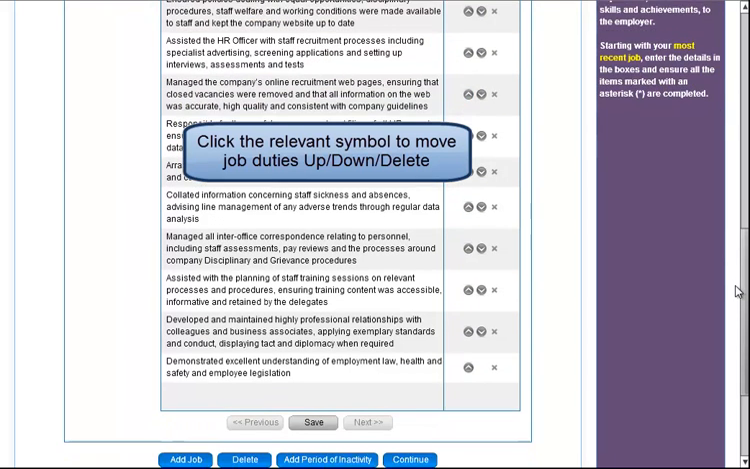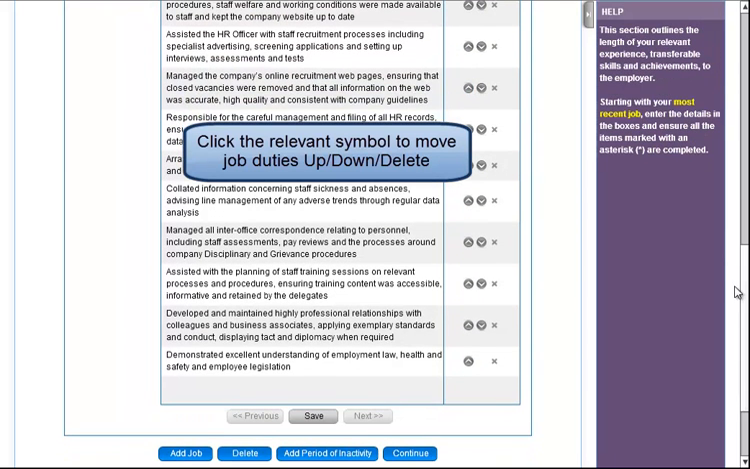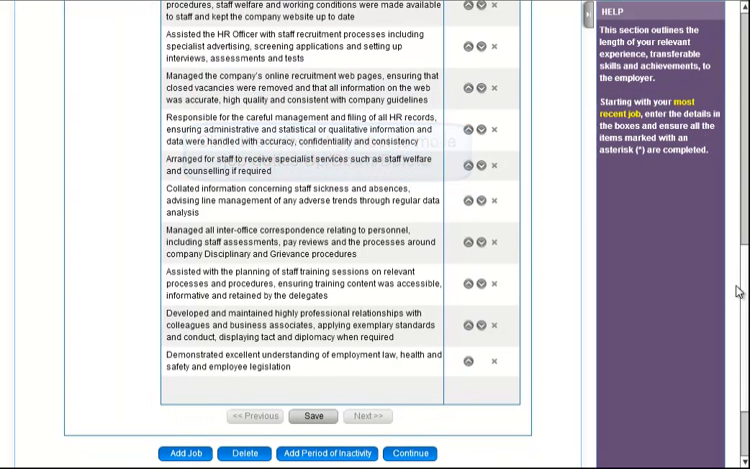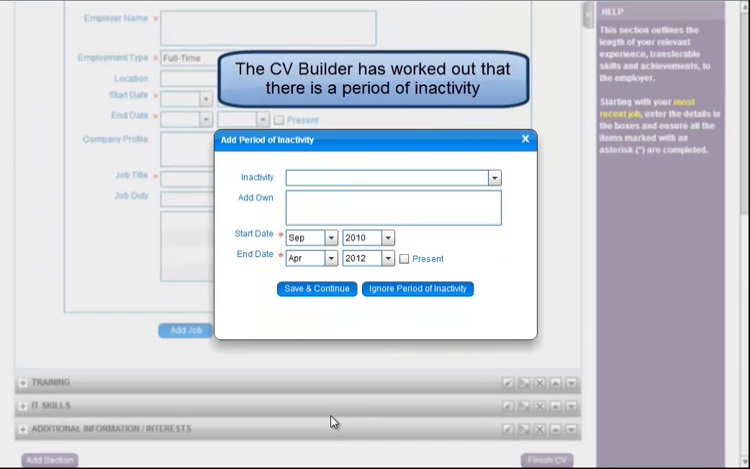Delete any skills or attributes in the job profile that are not relevant. Once you're happy with the changes you've made, click the Save button. Our CV Builder identifies any period of inactivity of 6 months or more and prompts you to explain the reason